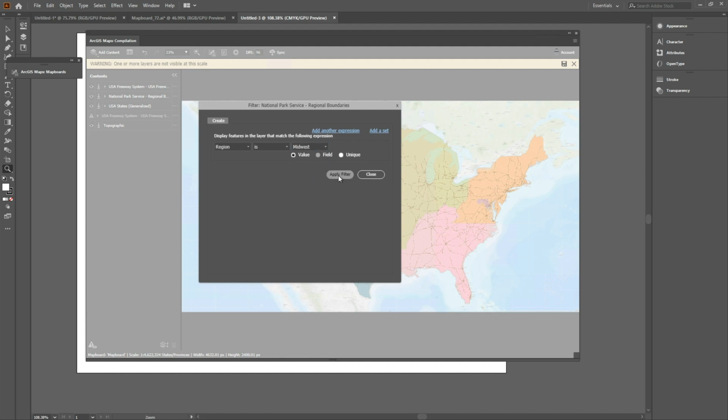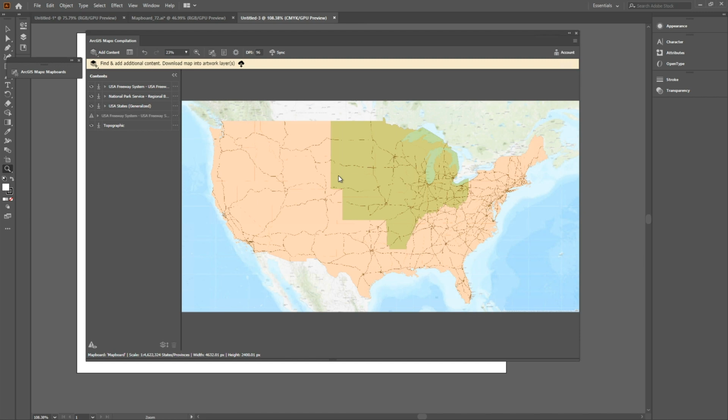And I'm just going to click apply filter and bam, it adjusts my data. Now I have only all of those features that had that Midwest attribute tied to them. Super easy, super quick, just a couple clicks